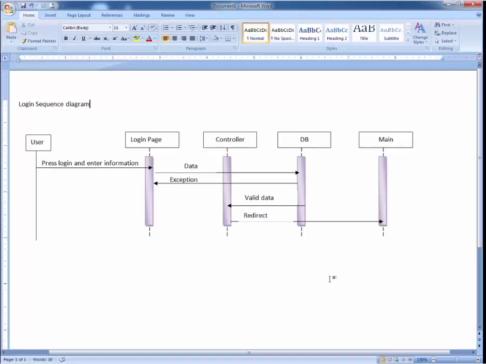In this way the login process will come to an end.